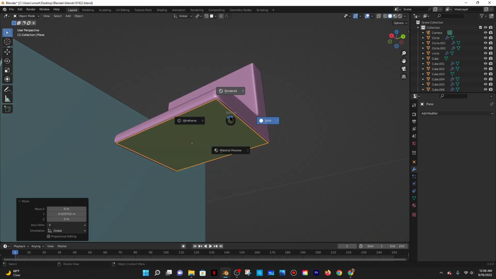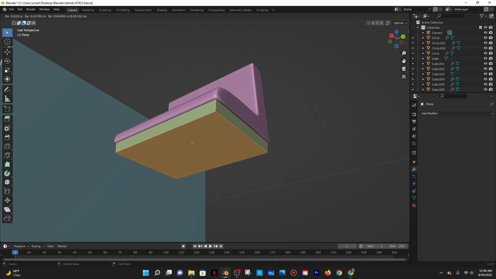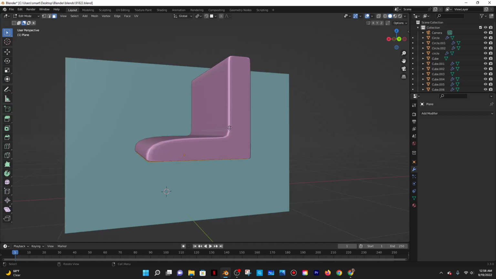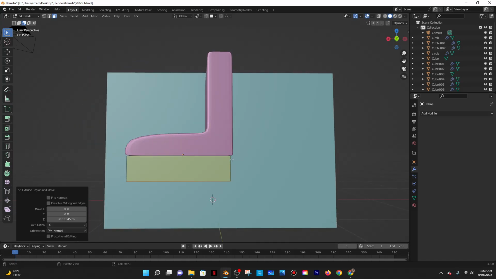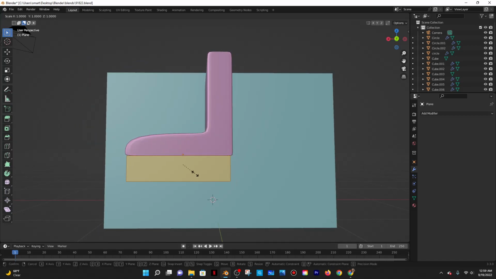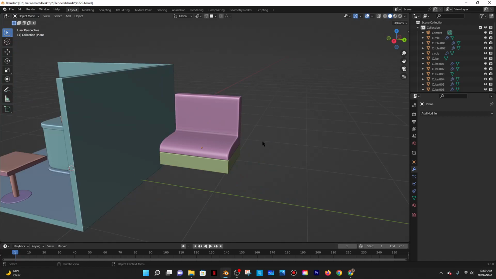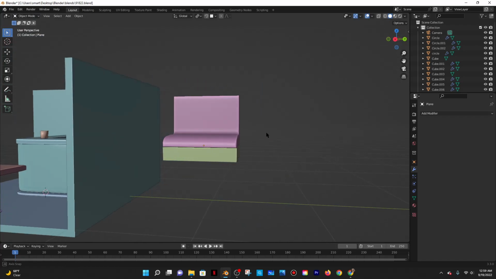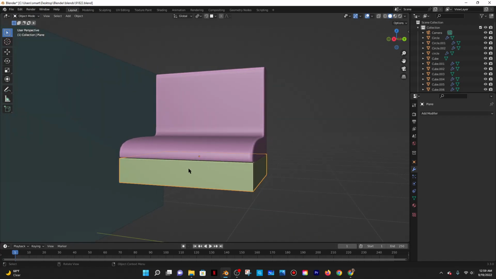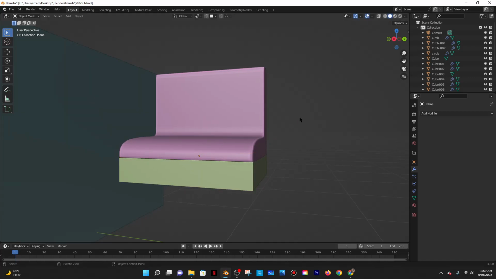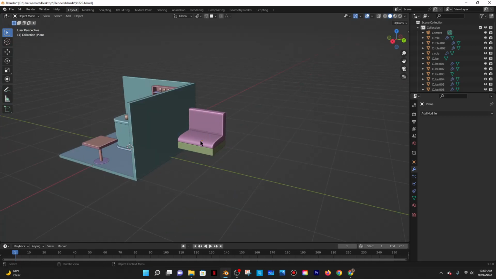And then maybe I can just go into edit mode, and then E and then Z to extrude, something like that, and then I could select everything and kind of scale it this way. So maybe something like that. I don't know, maybe do GZ to bring it up. Okay, and then